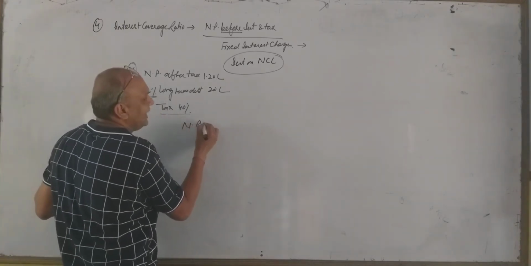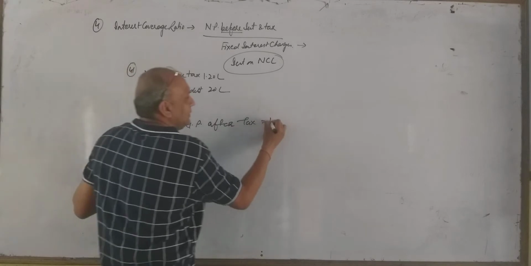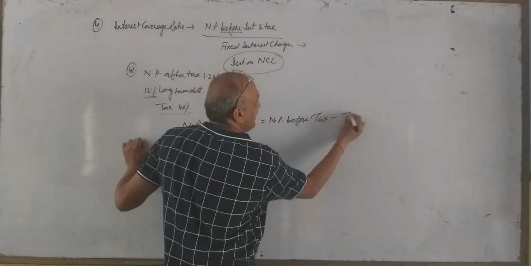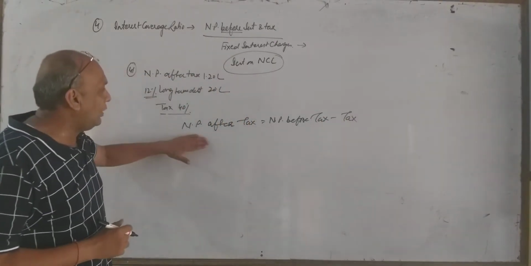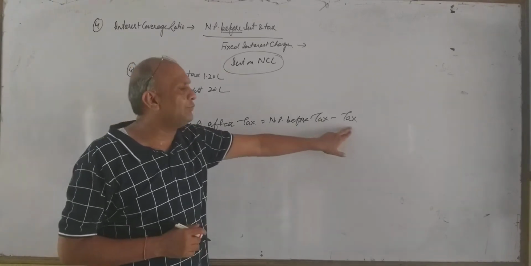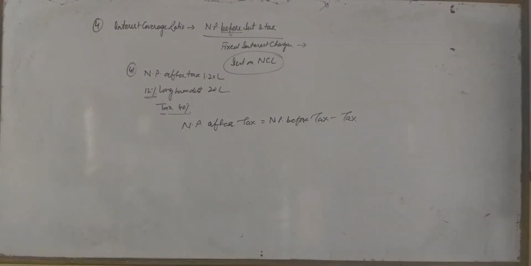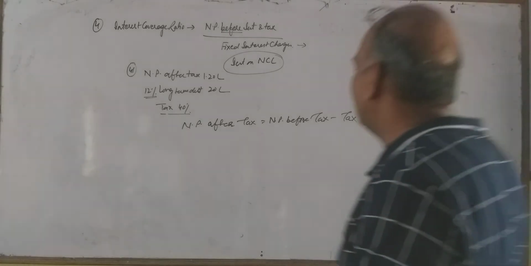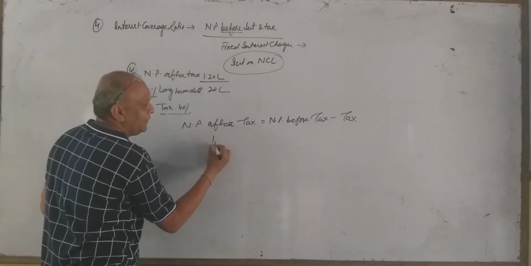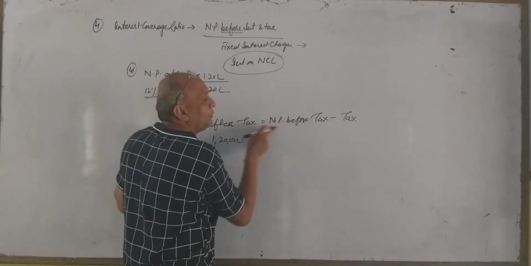As we know, if we have been given net profit after tax, how is it calculated? Net profit before tax minus tax. I think you agree. How do we get net profit after tax? If from net profit before tax we deduct tax, तो what will be the result here? It will be profit after tax. Now this profit after tax is given, 1,20,000 rupees. Agree? But we do not have net profit before tax.